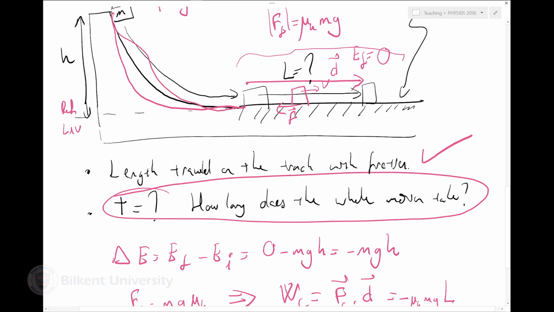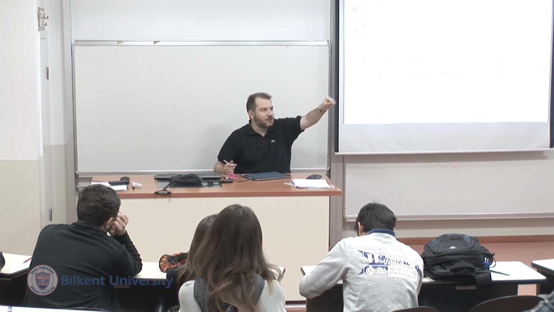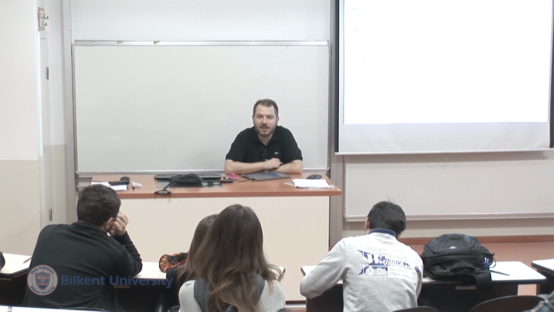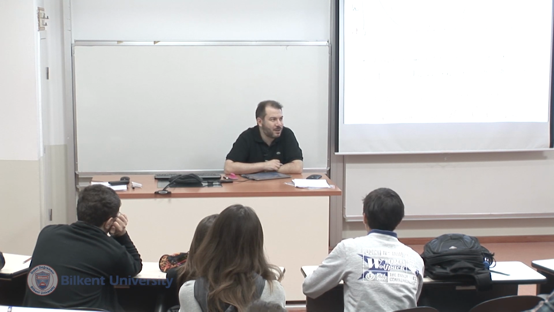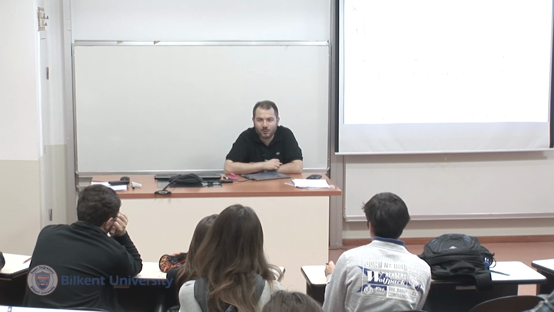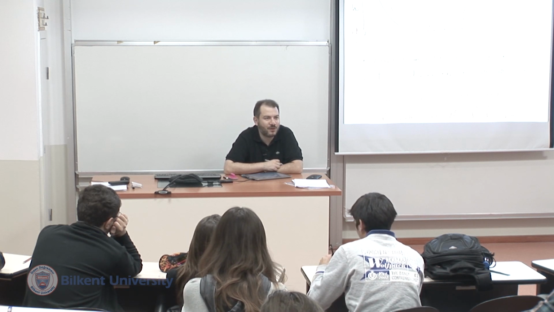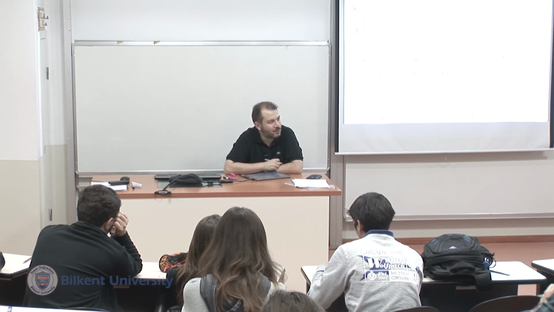For all these three different tracks, the first part of the question would be the same. My final length traveled on the part with friction would not change. However, the time it takes for this object to traverse that rail would actually be different. And right now, with the level of mathematics you know, it will not be possible for you to calculate that time. You need to learn a little bit more. You need to learn differential equations, how to solve differential equations to be able to actually solve for that time,